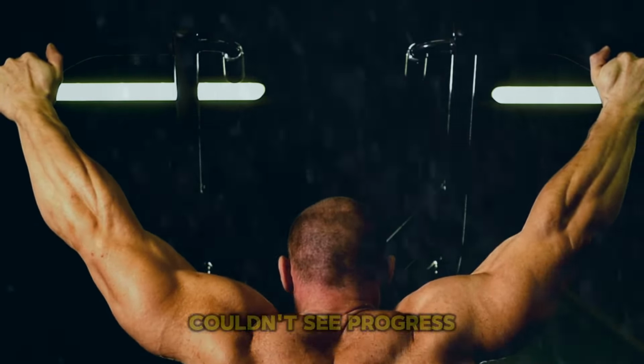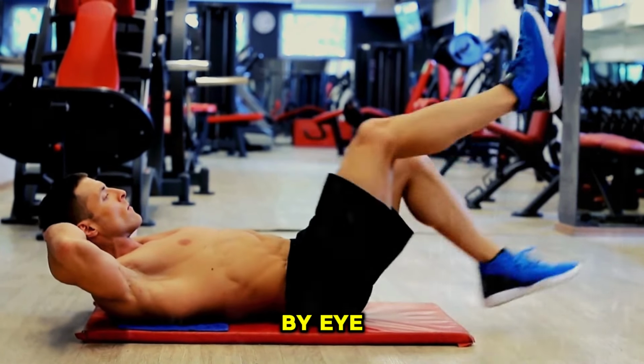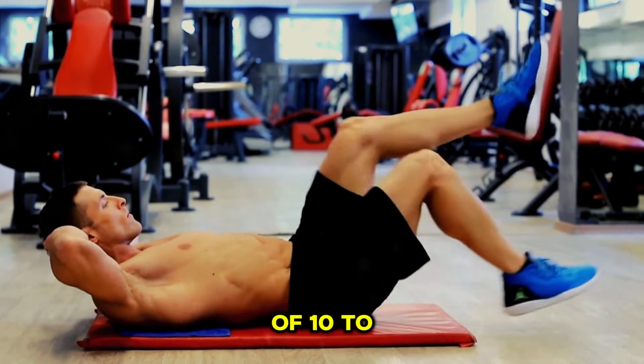Therefore, if you tend to use sauces in your meals, it's crucial to moderate the amount and check nutritional information, avoiding these additions sabotaging your efforts to lose fat. When adding olive oil to your food, consider placing your dish on the scale first to measure exactly how much olive oil you're using. Adding olive oil by eye can easily result in the addition of 10 to 20 grams